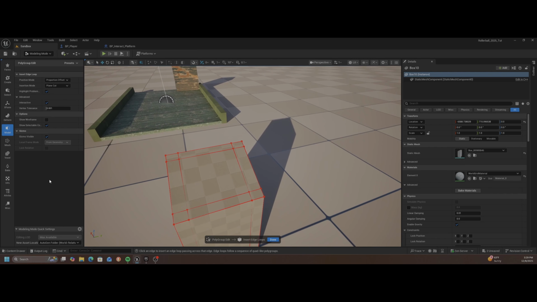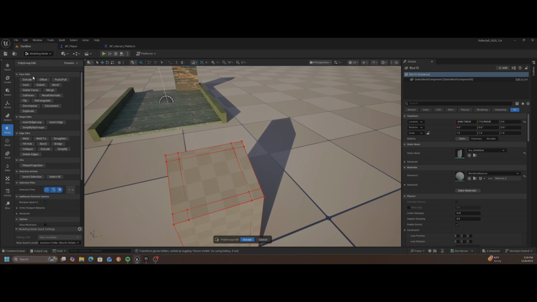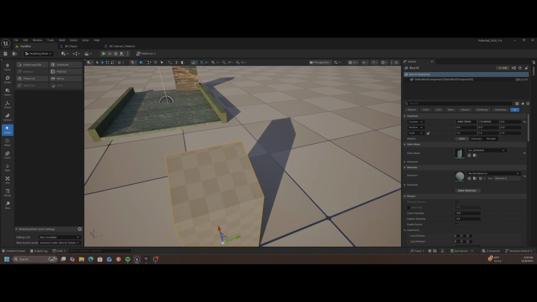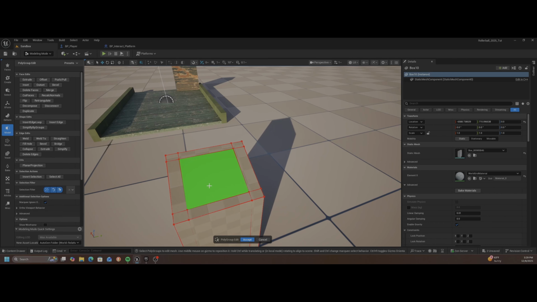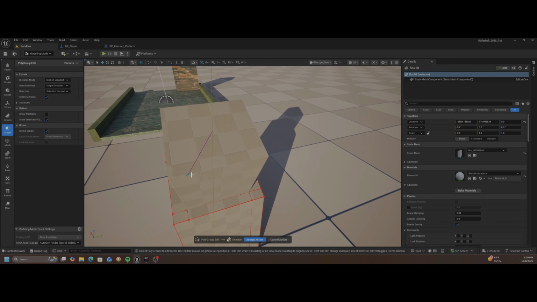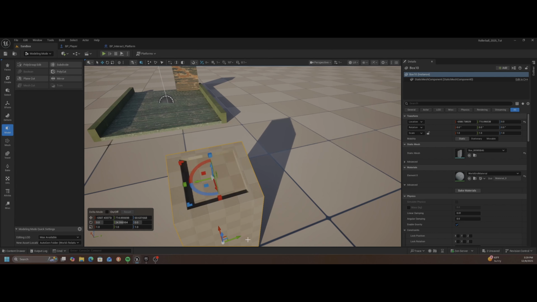something like that. Then hit done, then extrude. And actually, I'm going to accept this first so I have it so I don't lose it. And then I'm going to go back to polygroup edit, grab that face, do the extrude, and then just kind of extrude it down a little bit so I have a little bit of a gap, hit accept. Okay, and then